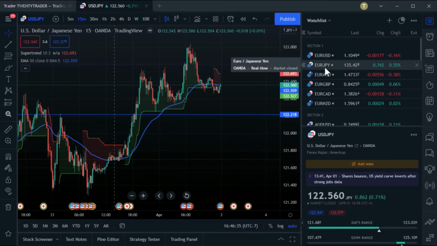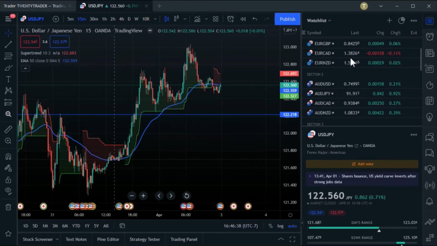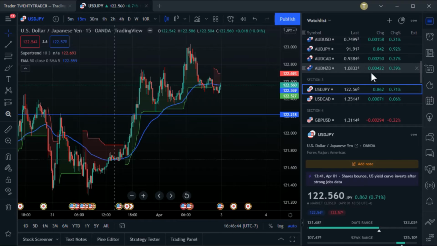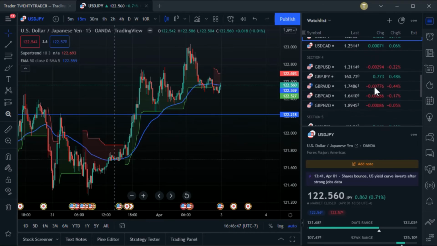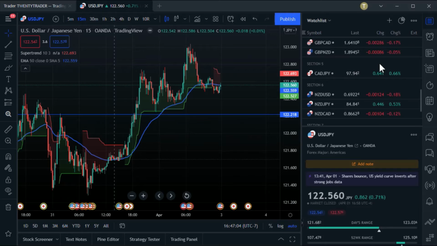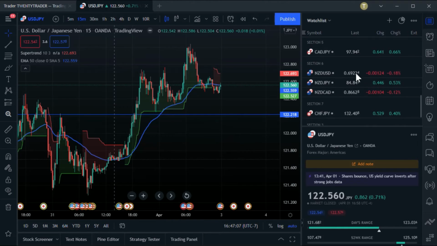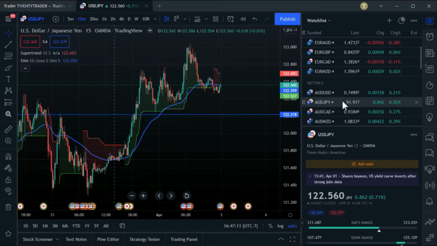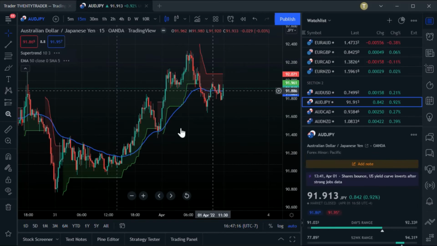So if you look across all the pairs, Euro JPY spanked 55.55%, right? Aussie dollar 0.92%. So that one's getting super volatile. USD JPY 0.71%, right? They're getting back on the bull. Even the British pound 0.48. It's getting its butt whipped by everything, right? GBP USD 0.22 negative, negative, negative, negative. The yen is getting whipped. So CAD 0.66, right? So long story short, I'm looking at the biggest mover for right now. It's putting in some nice price action with Aussie dollar versus the yen.